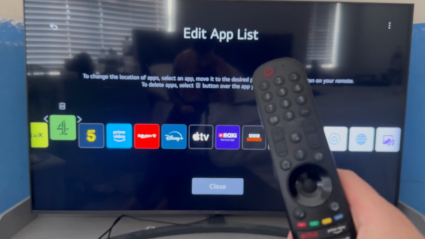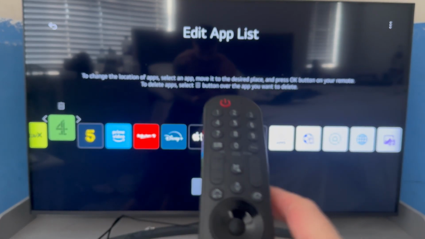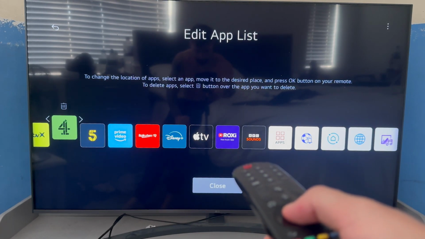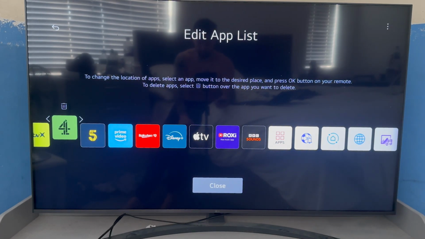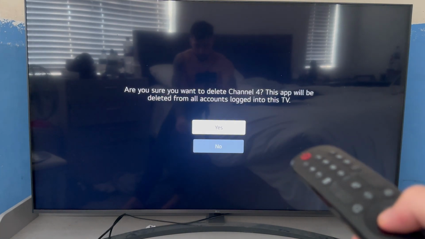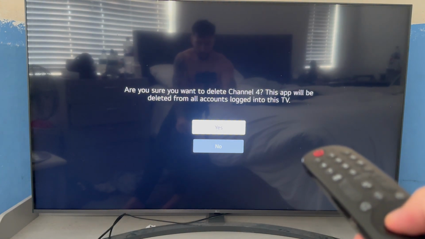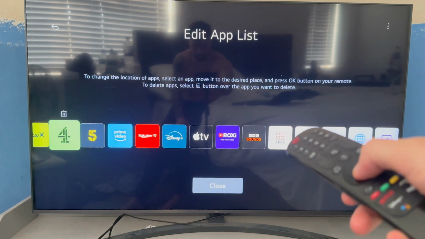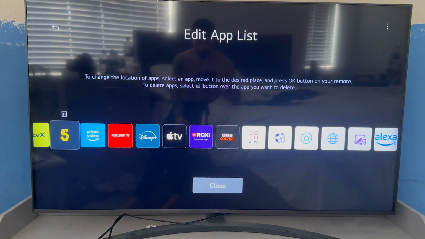Now this OK button is usually located in the middle of these directional arrows, so you're just going to go ahead and hold that down, and that's now going to pop up with this edit app screen. So from here you can see the trash icon that's now appeared over that app. So I'm just going to use the up arrow to come over to this bin icon, and then once again I'm going to select OK, and that's going to ask now if we're sure to delete or uninstall this Channel 4 application. So I'm going to go ahead and press yes, and that's how you completely uninstall an application from